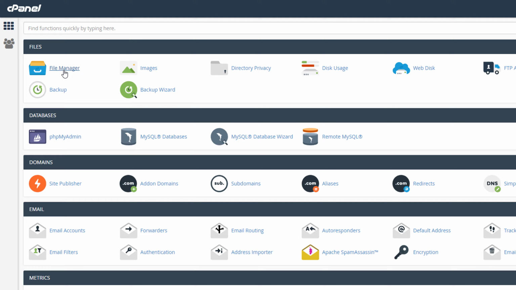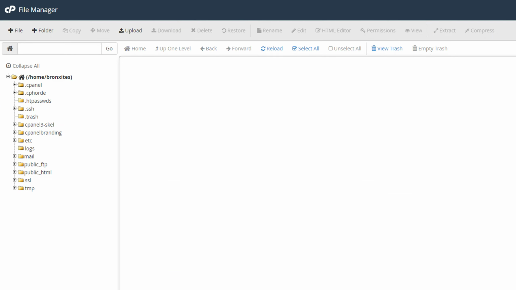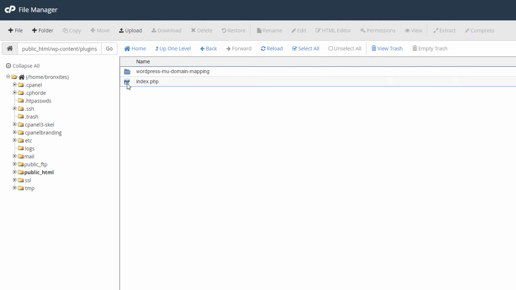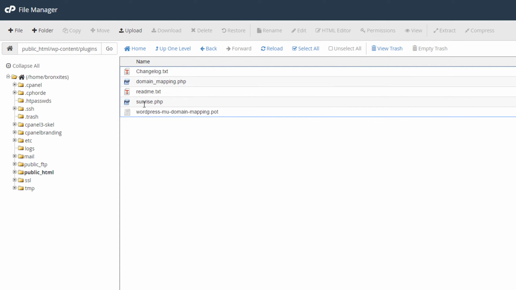Your cPanel can look a little bit different. It's really dependent what theme you're using for cPanel itself. But just click on file manager. It'll open it up in a new tab. We're now going to go to the public_html folder, and then you're going to go to your wp-content folder. You're going to look for the plugins folder, and now you see you have the WordPress MU domain mapping folder there. Double click on that, and this is the file that we're going to want to move or copy to